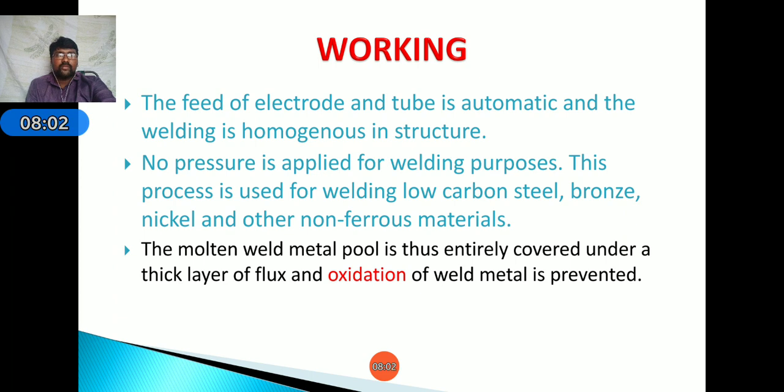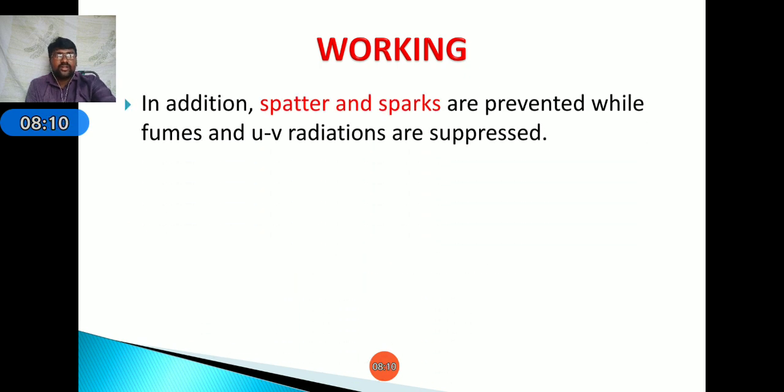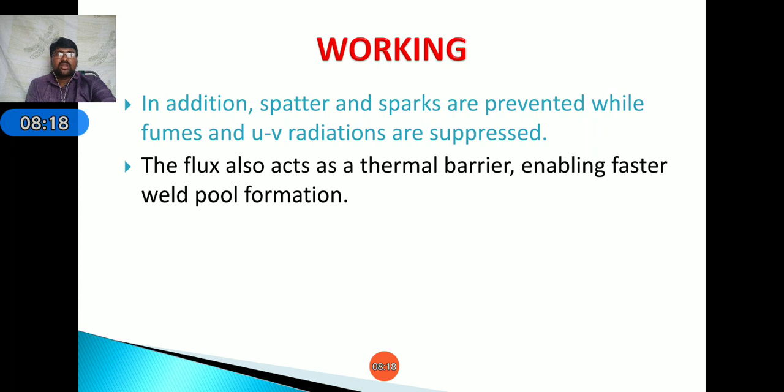Okay. Next, the molten weld metal pool is thus entirely covered under a thick layer of flux, and oxidation of weld metal is prevented by using this granular flux. Next, in addition, spatter and sparks are prevented while fumes and UV rays are produced. Next, the flux also acts as a thermal barrier, enabling